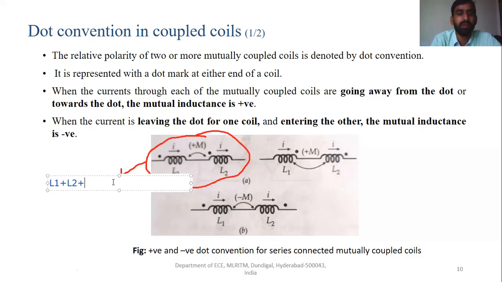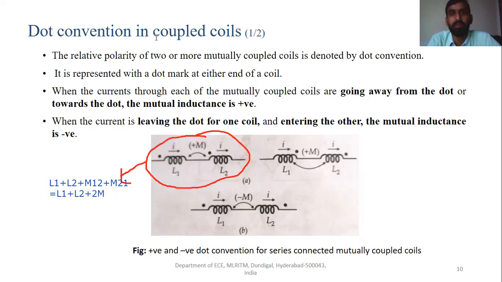If we say the mutual inductance of coil 1 with respect to coil 2, M12, plus the mutual inductance of coil 2 that links coil 1, M21, which is equal to, if M12 and M21 are equal, L1 plus L2 plus, if M12 is equal to M21 is equal to M, here we are going to have 2M.